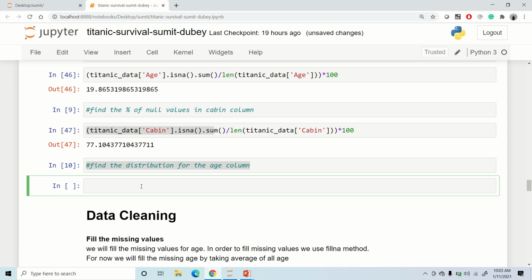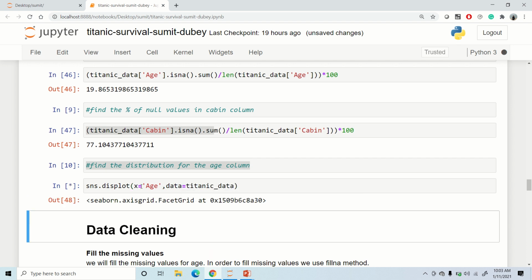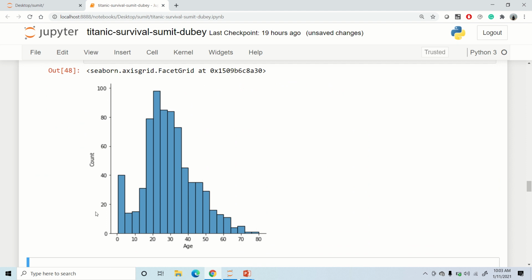If I say sns.distplot, and I'll have to say x is equal to age, and data is equal to titanic_data. That would provide me a distribution plot of age.